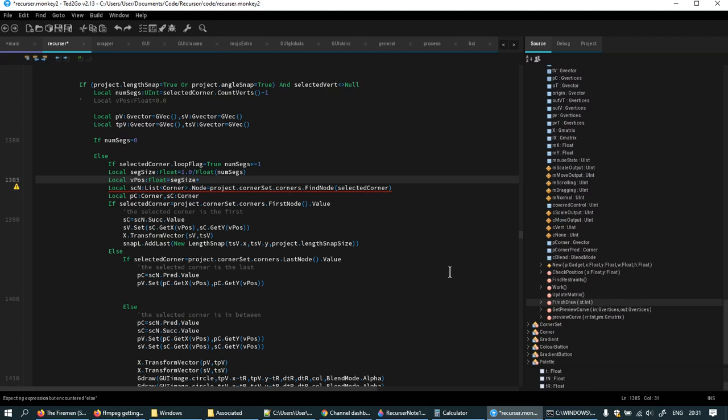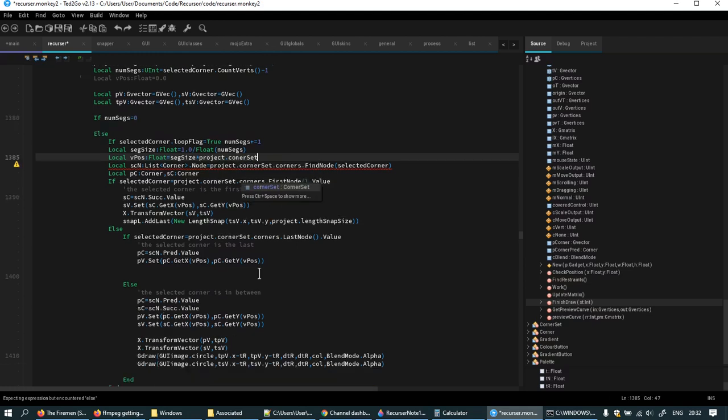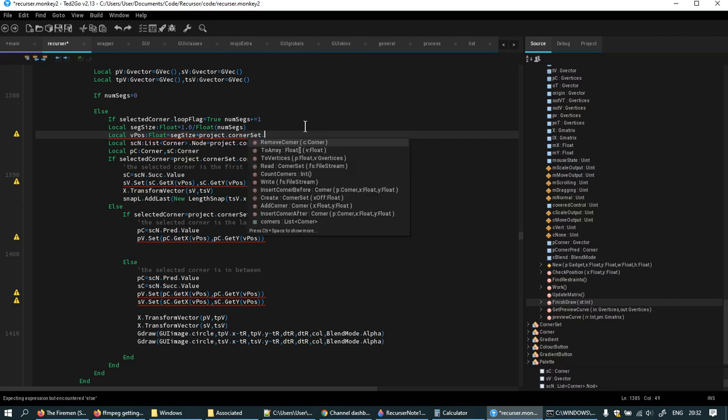But I need to use project corner set. I really managed to delete this. I can't believe I did, but I did. Corner set. vpause equals seg size times project corner set